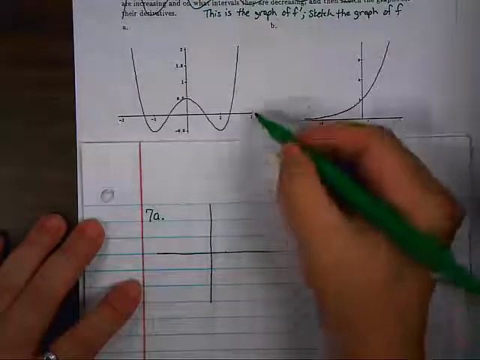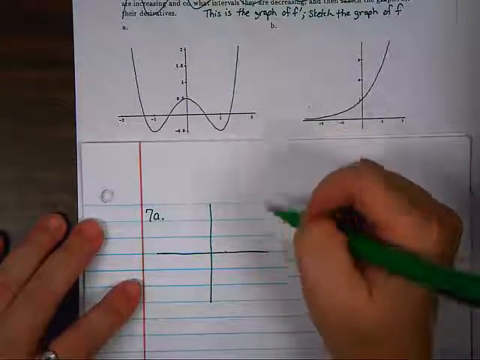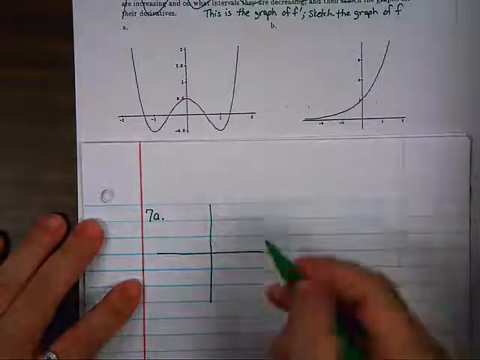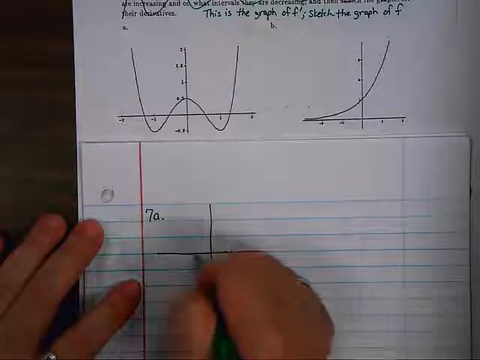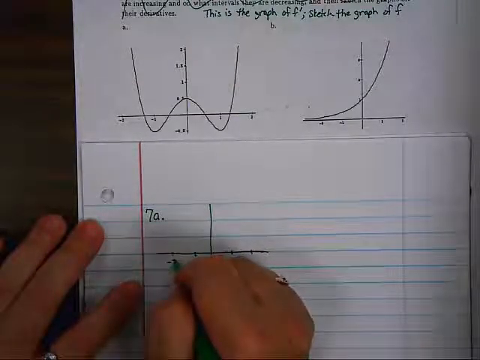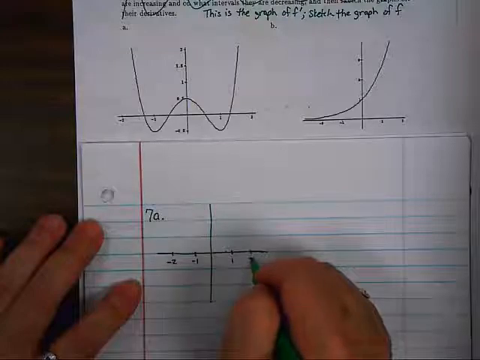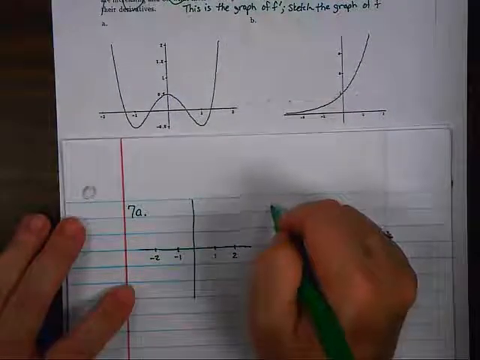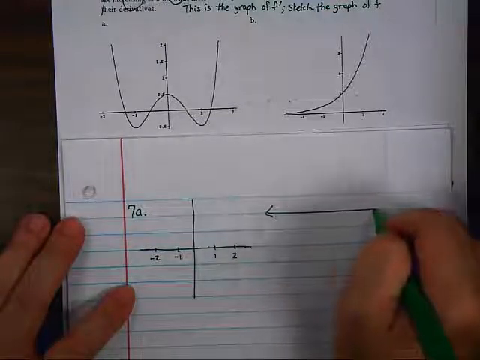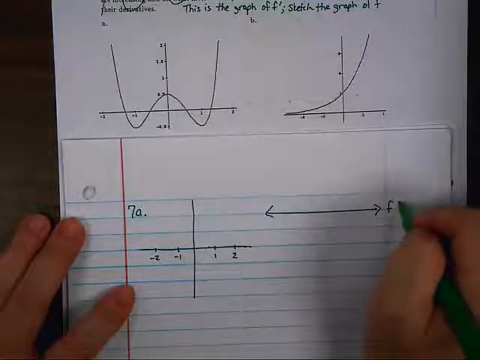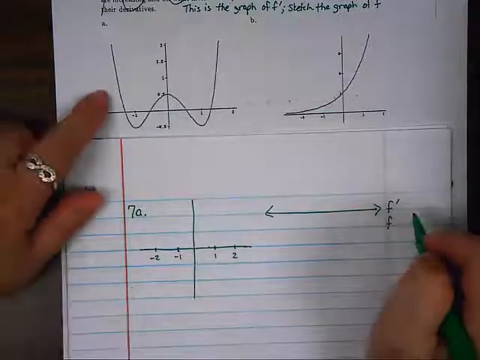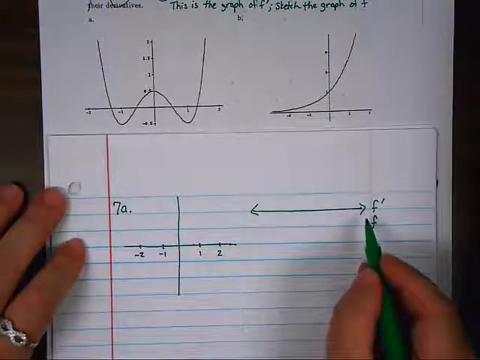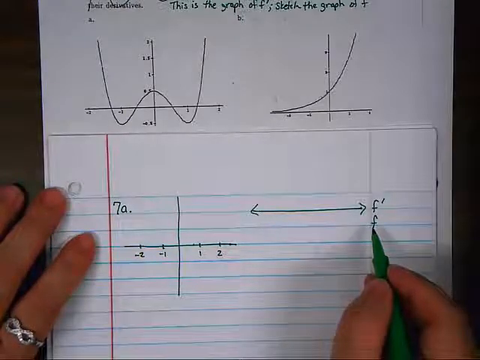When we label this, the x-axis of f prime should match the graph of f, but we're not going to label the y-axis because there is just too much variability in where the points can go. -2, -1, 1 and 2 are the only points we need to label. Off to the right, I'm going to draw my number line just like from the previous lesson. I am going to make it rather long though because there is a lot of change in this graph of f prime. So draw a rather long number line for f prime, and then we're going to give the f